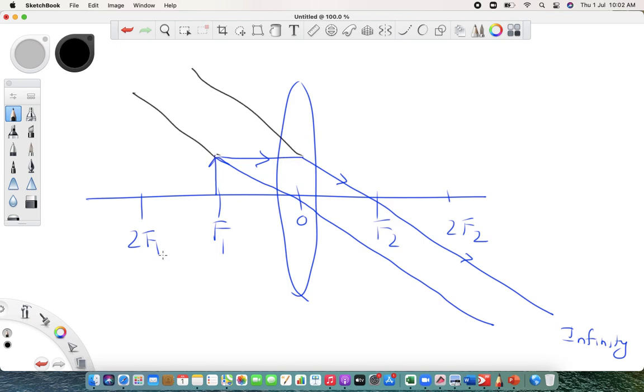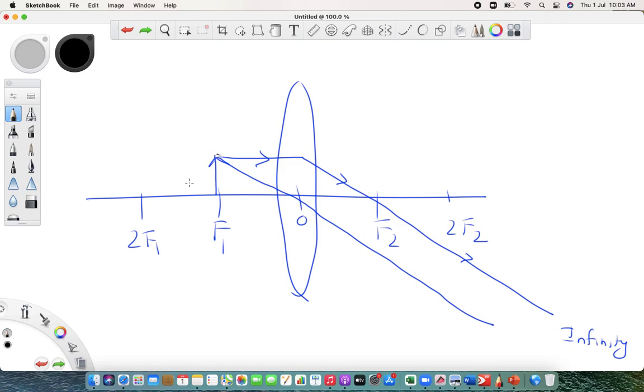So this looks somewhat like what I told you regarding this thing, but here they are not divergent rays, they are parallel. So you don't have to extend them. Clear? You don't have to extend them. So this is what you have to understand in order to do so. Okay, so this is the one.